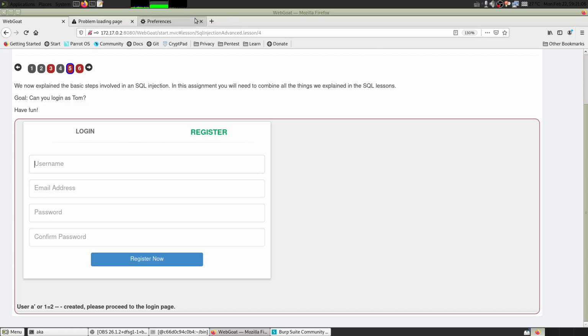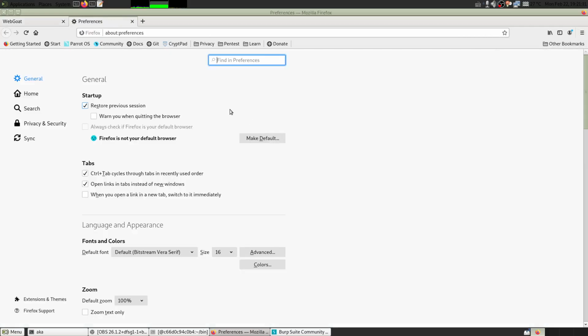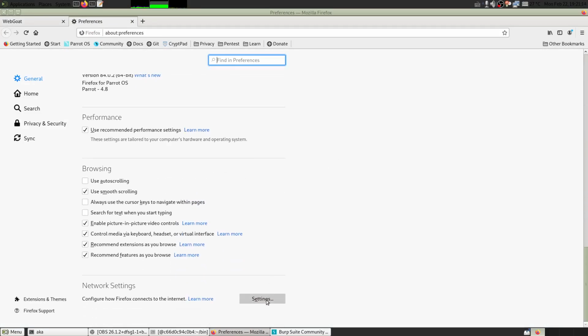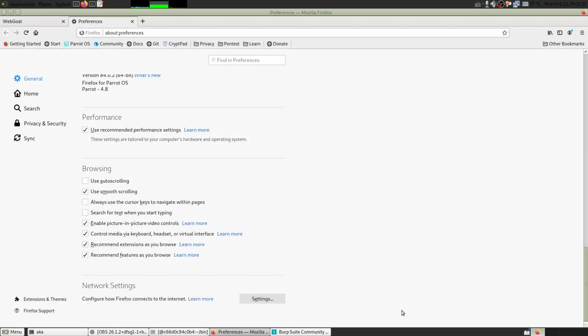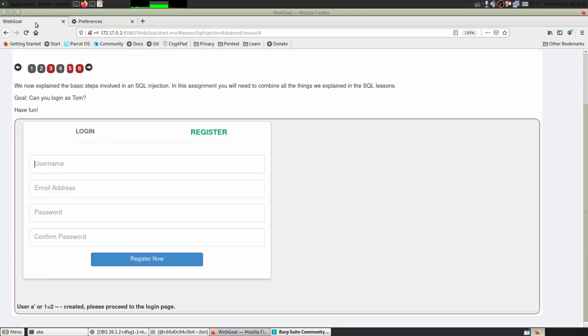For this we will go into preferences. In preferences we can go to settings, use manual proxy, and port is 8080. Ensure that you have also used this for all the proxy. In this case it would not matter anyways because we don't have HTTPS, but as a good practice you should do that, and then click on OK. So now everything will go through our Burp Suite. Now let's give some fields which are valid, and I am using my name in password as well.